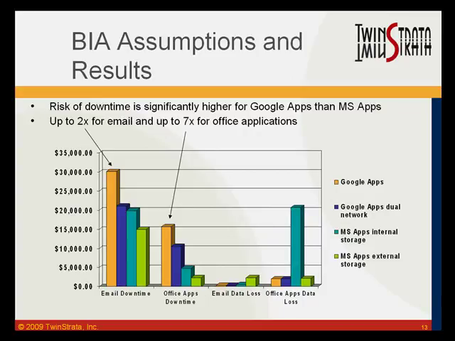One important takeaway from this analysis is that the risk of downtime is significantly higher for Google Apps when compared to other options studied. As you can see from the chart, Google Apps is twice as high for email and up to 7 times higher for Office applications. One needs to keep in mind that the results of the BIA can significantly change if the impact of downtime were to increase due to, for example, revenue loss or loss of employee productivity. This implies a crossover point for a 3-year adjusted TCO as the criticality of downtime increases. We will see this on the next slide.